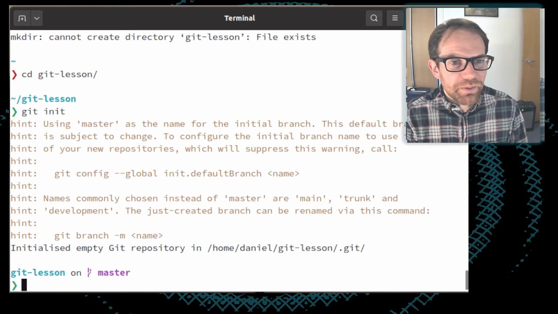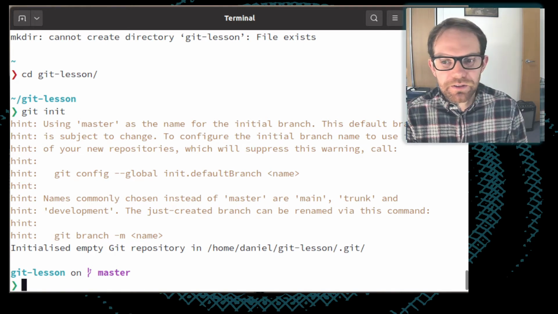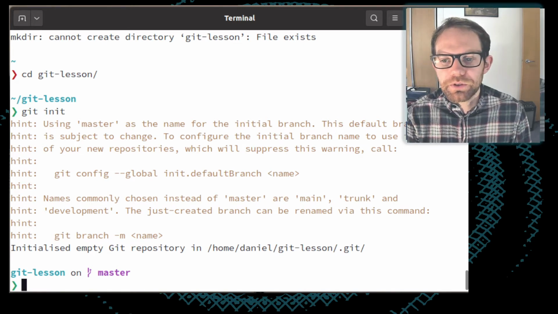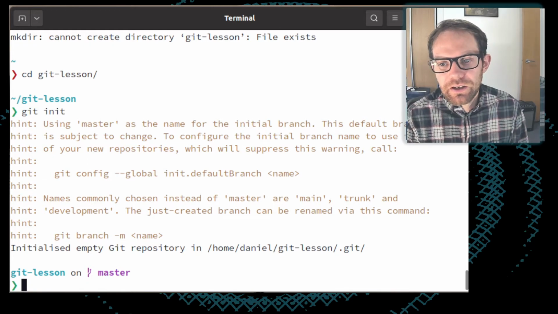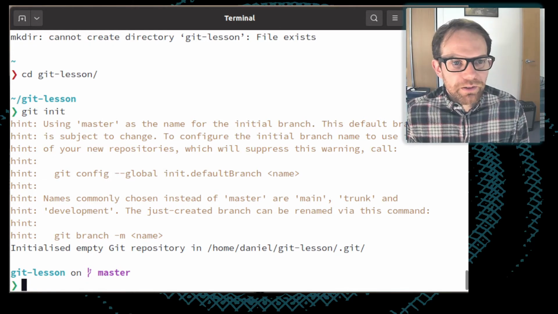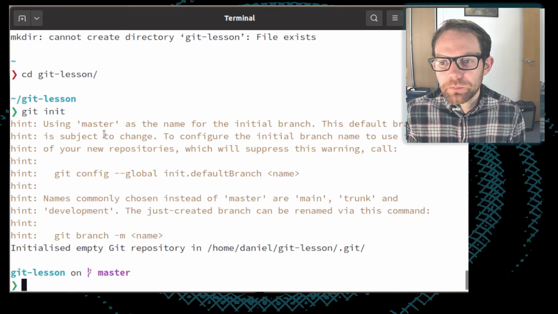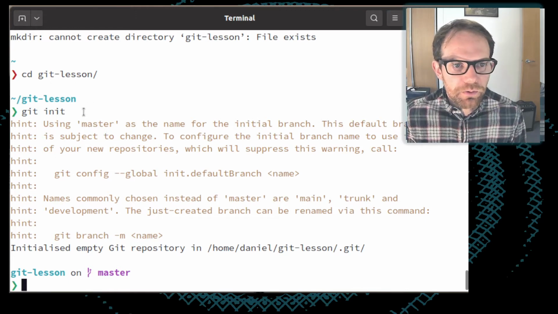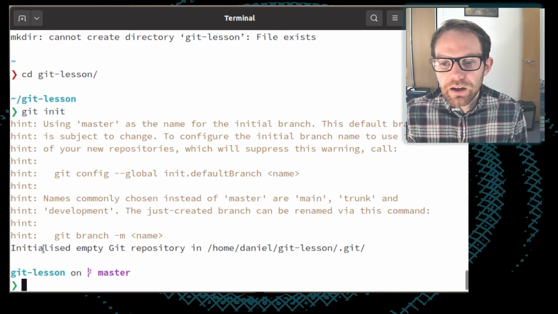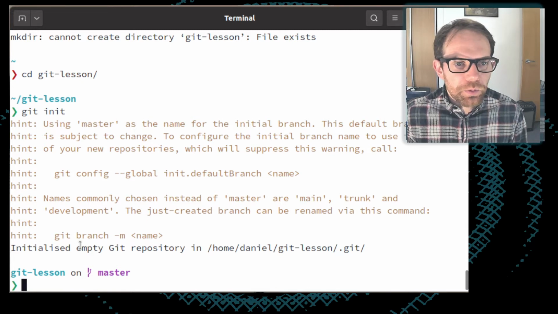It's telling me that it has inherited some old configuration on my computer from previous versions of Git, which means that I'm still calling things master when I start, which I should update at some point, but now is not the time to do it. Yours may not have this if you are working for the first time. Then it'll tell you that it's initialized an empty Git repository in this location.